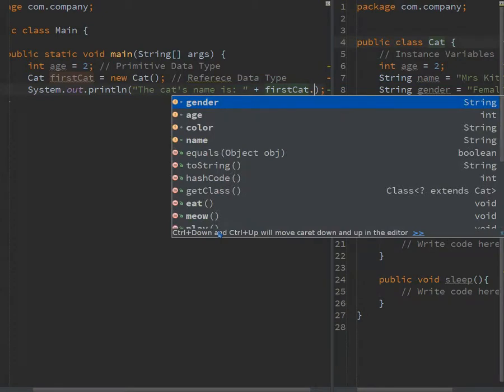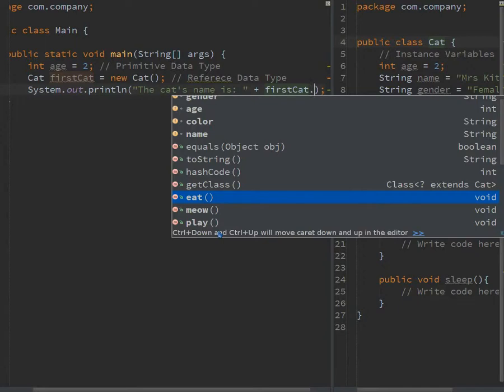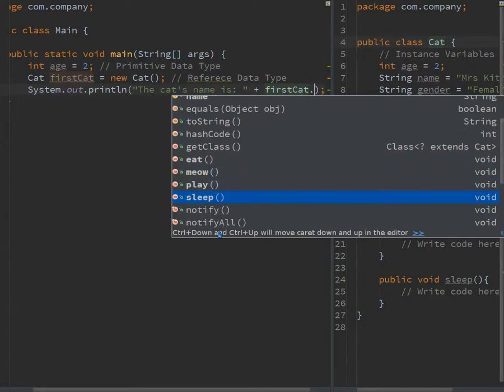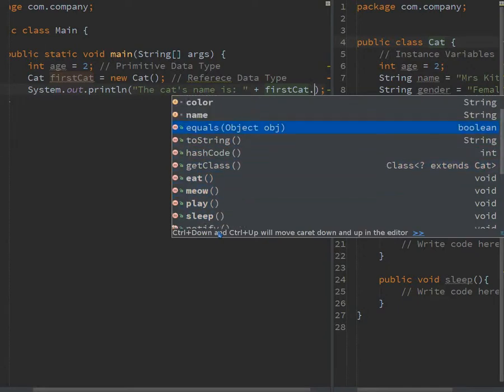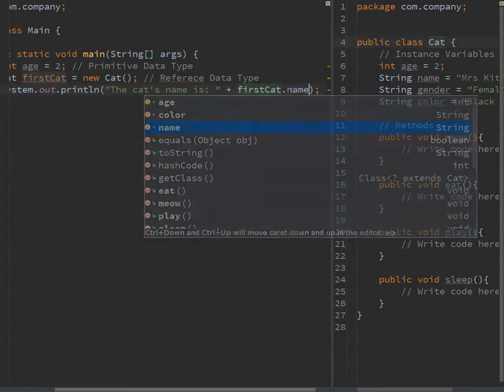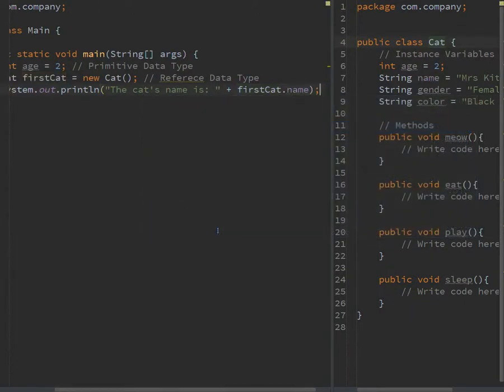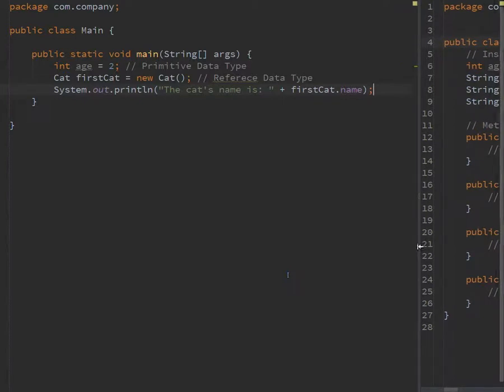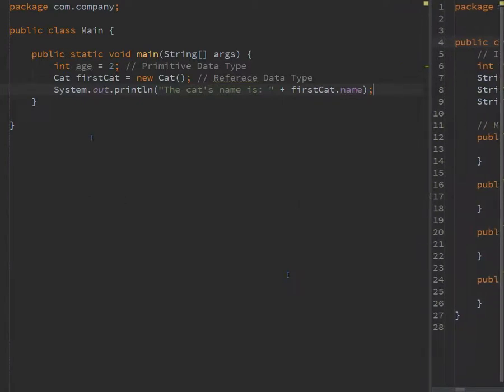It's showing the instance variables: gender, age, color, name. It's also showing the methods: eat, meow, play, and sleep. So we want to find out what's the name of this particular cat. So do that. See if I can get more space here. Yeah. So now you see,